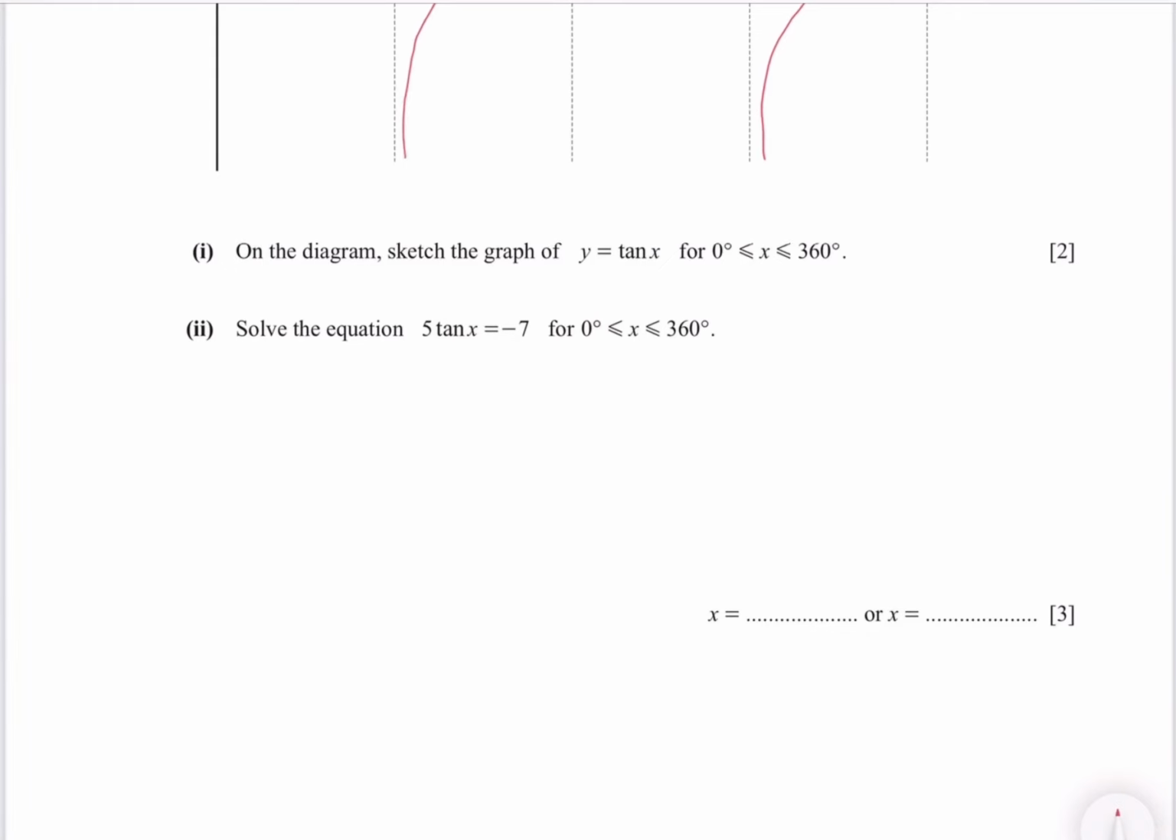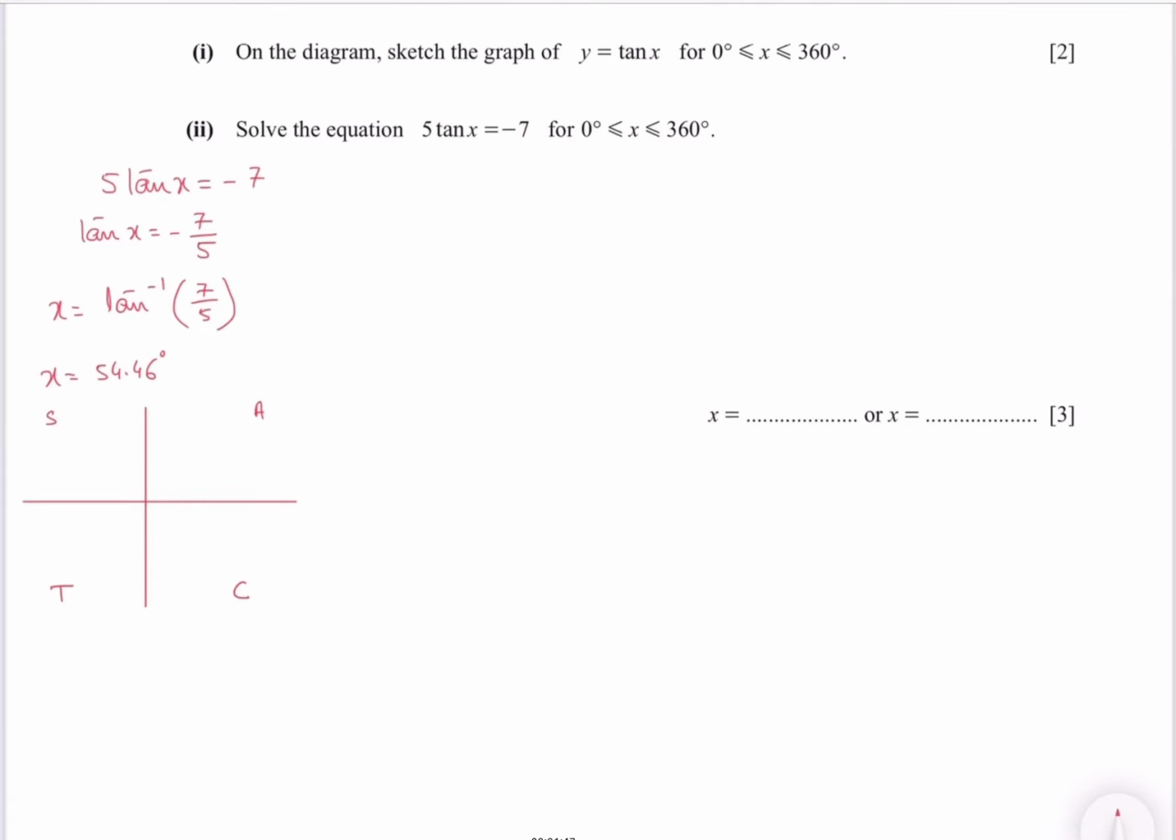Solve the equation 5 tan of x is equal to -7. So tan of x is equal to -7 over 5. So x is tan inverse of 7 over 5. The minus sign is just to see in which quadrant tan is negative. So your x, which is your basic angle,